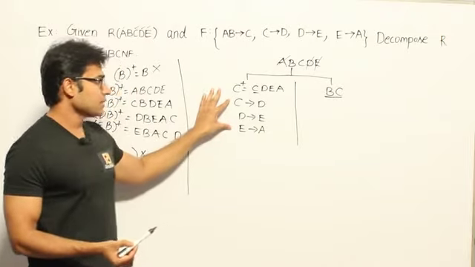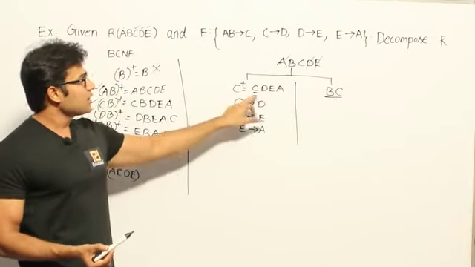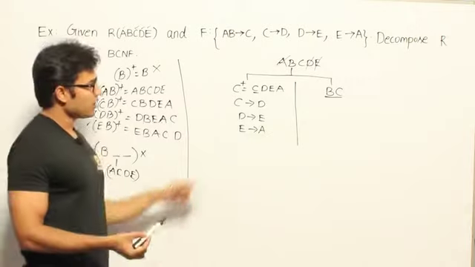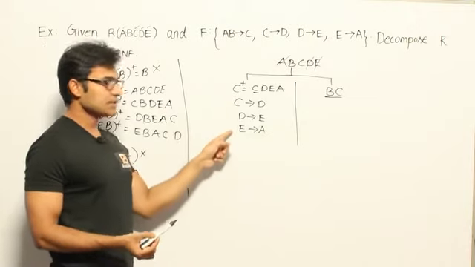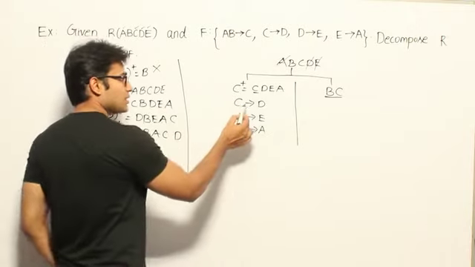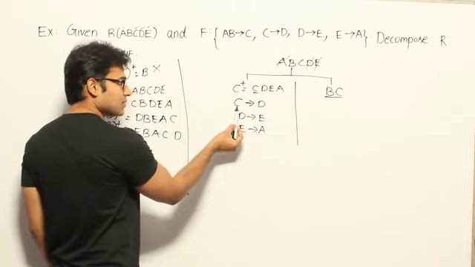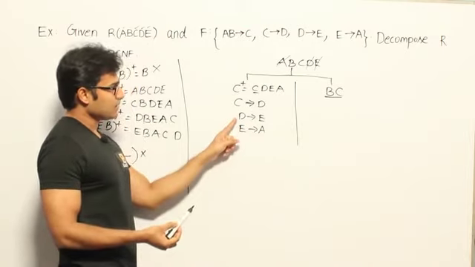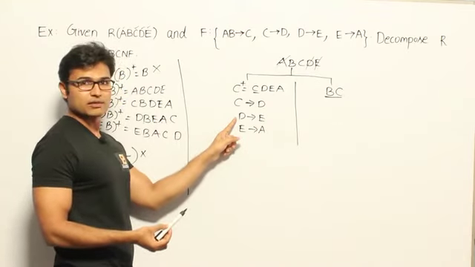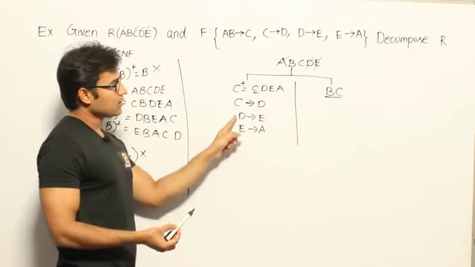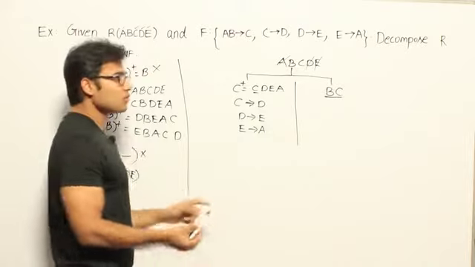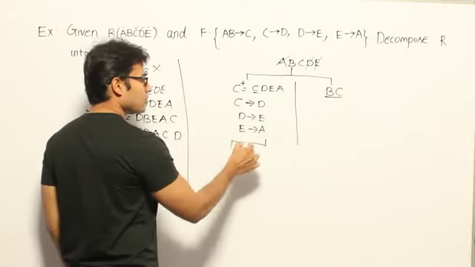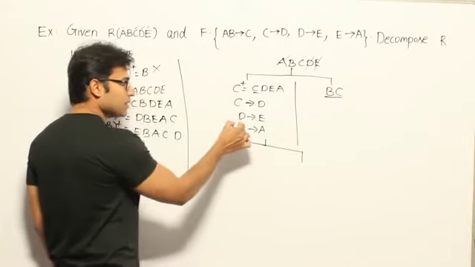Okay. Now what about this side? Now we got C as the candidate key. What are all the functional dependencies that are holding? These three. Now out of which this functional dependency's left side is a super key, so no problem with that. But if you see this, the left side of this functional dependency is not the super key. Therefore, the table is not in BCNF. So again try to decompose the table by taking D plus. Why?